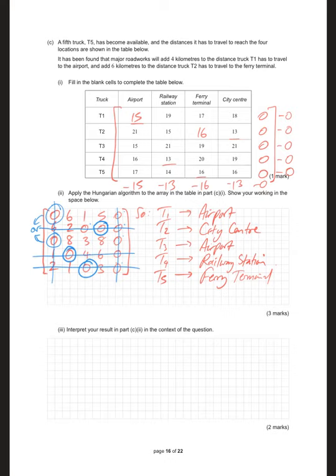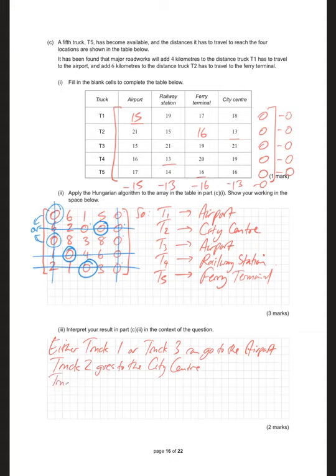Interpret your results in part C2. Well, I technically did that already. Let's do it again. Either truck 1 or truck 3 can go to the airport. Truck 2 goes to the city centre. Truck 3 goes... I already said truck 3. Truck 4 goes to the railway station. Truck 5 goes to the ferry terminal